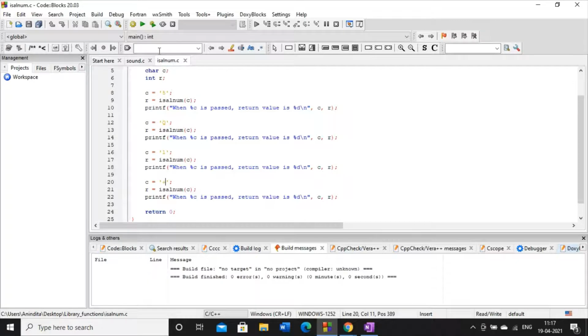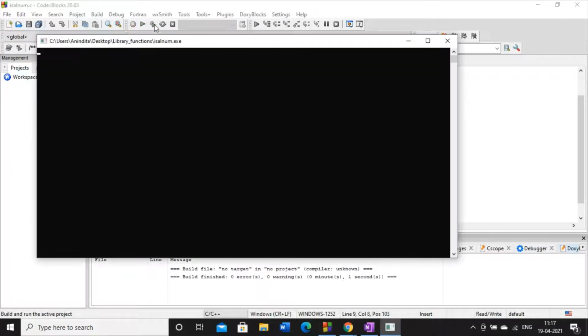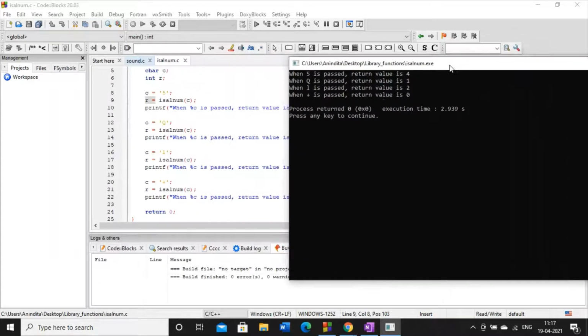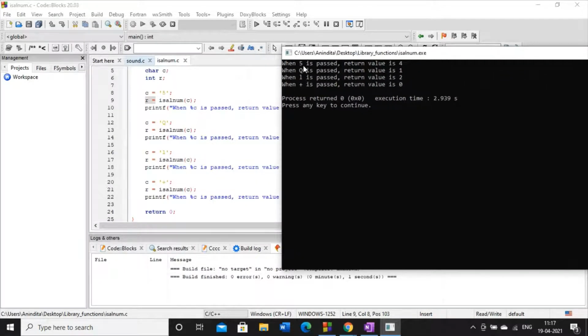And then we will check what the respective output is for each case. If I compile this code and execute it, I will get that when 5 is passed, it is an alphanumeric character. When Q is passed, it is also alphanumeric. When l is passed, it is also alphanumeric. And when plus is passed, it returns 0.